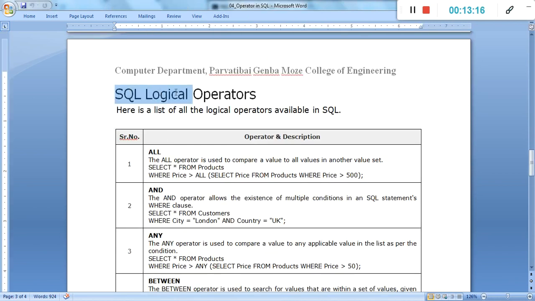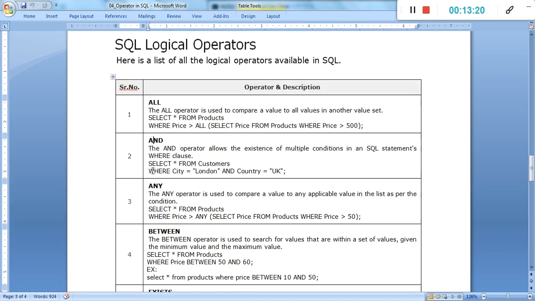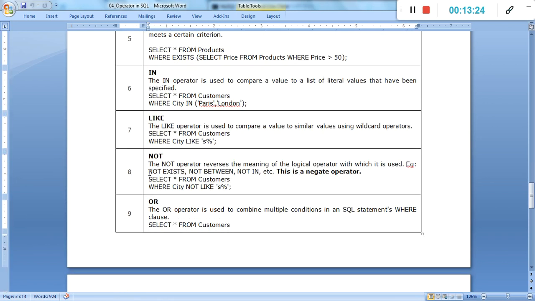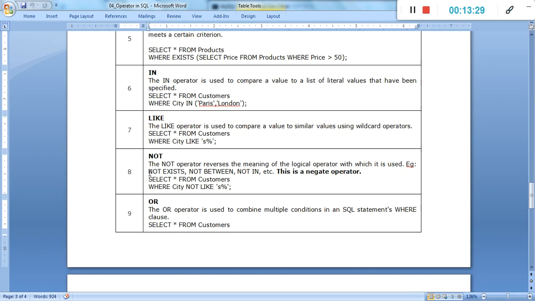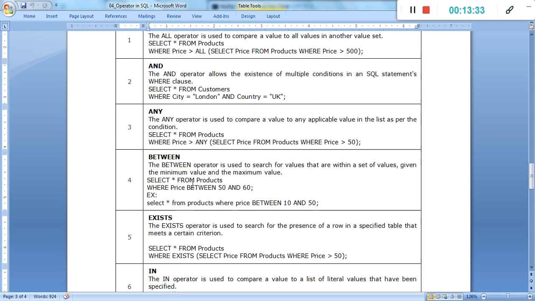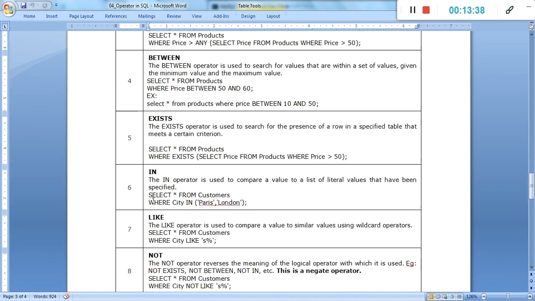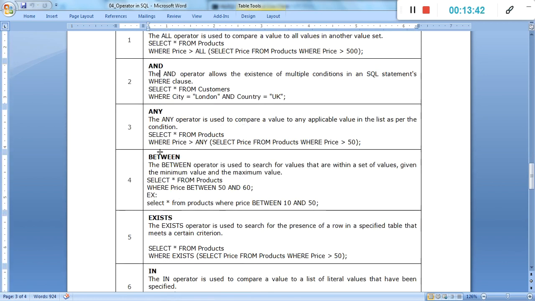Then last is the SQL logical operators. Those are all, and, any, between, exists, in, like, not, or, is null, unique. Normally we know the logical operators as not, or, and, but under SQL there are multiple logical operators. In total there are 11 logical operators. We will understand between with one query, like select star from